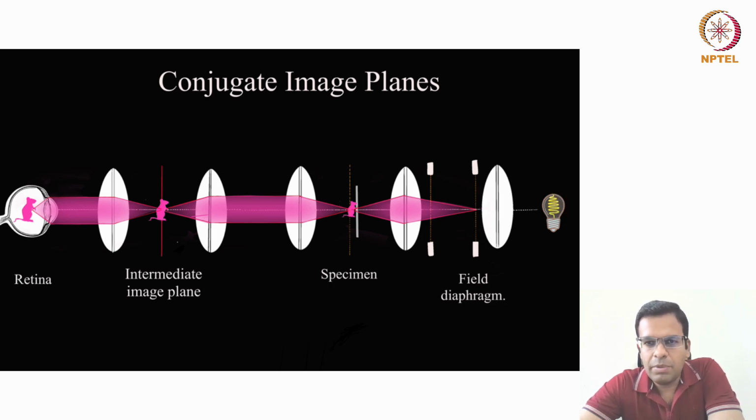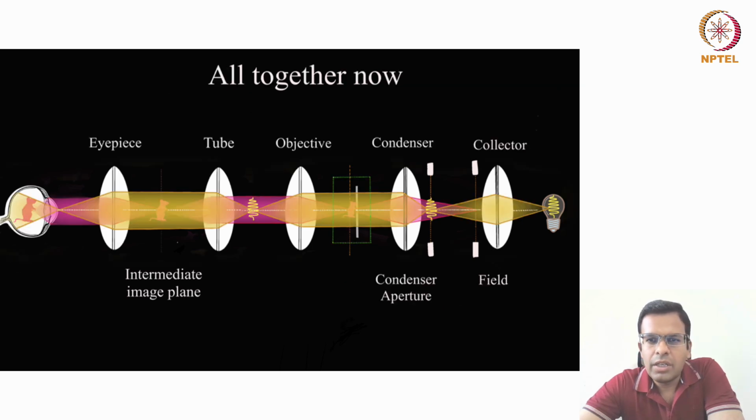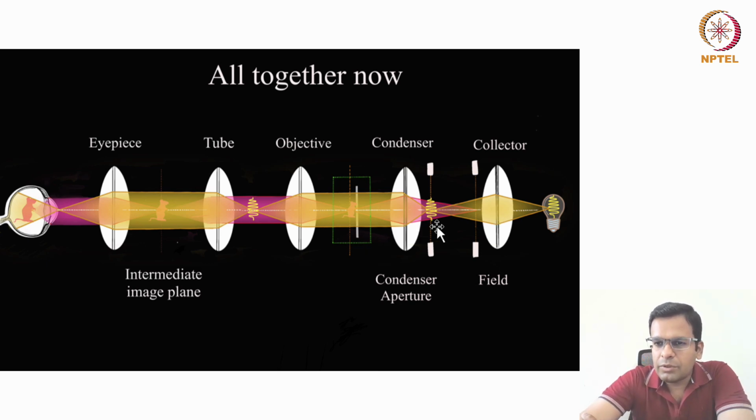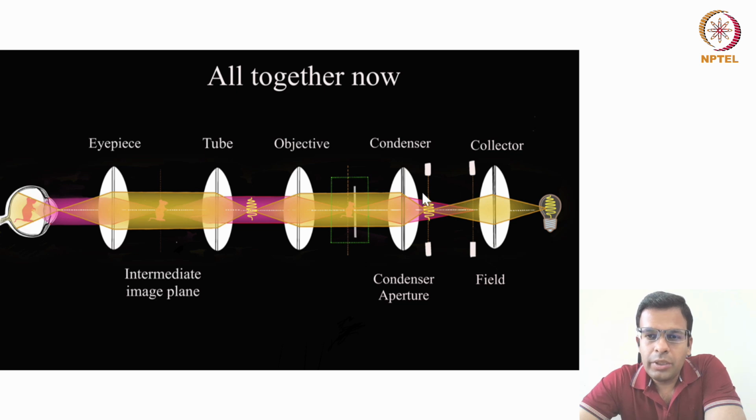If you merge both these planes, the conjugate image planes and conjugate illumination planes, then the diagram looks like this. So you see how the microscope optics are aligned so that at alternate positions, either you can see the image of the bulb filament or you can see the image of the object. So the overall idea of Kohler illumination is that you should align your microscope lenses in such a way that your sample is evenly illuminated, and in the image plane you should not see the image of the bulb filament. Instead, you should see the image of your object. That is the purpose of Kohler illumination.